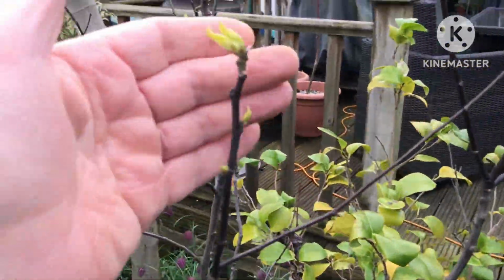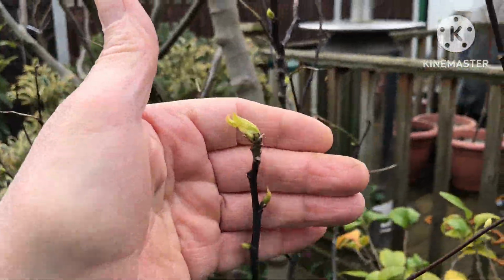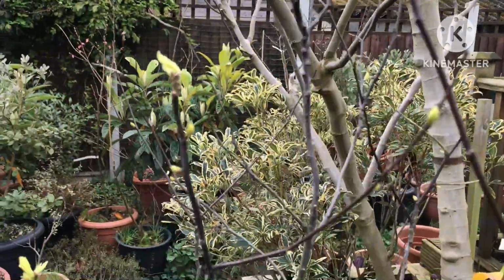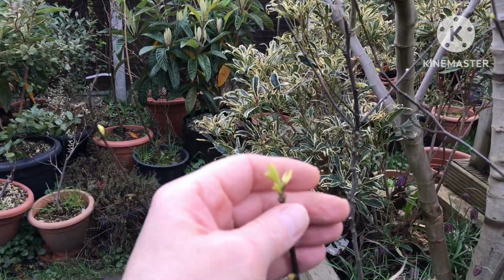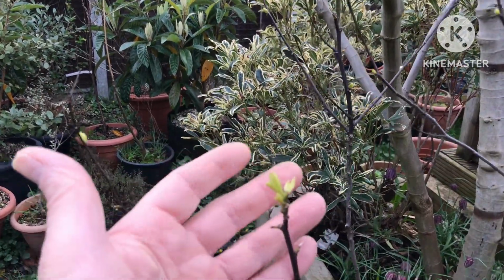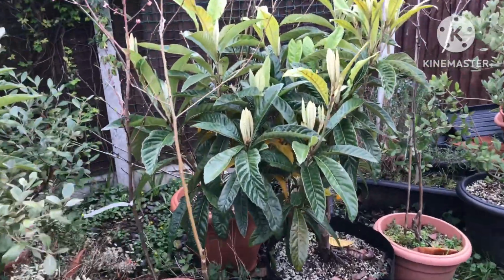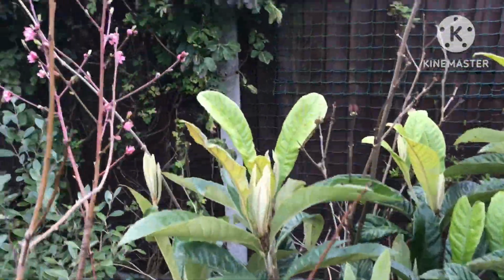This is also budding out very early, and this is another one that's extremely sensitive to light frosts, and I've had this in previous years send out new shoots and then get cut back badly. Carrying on the look around, this is my flat